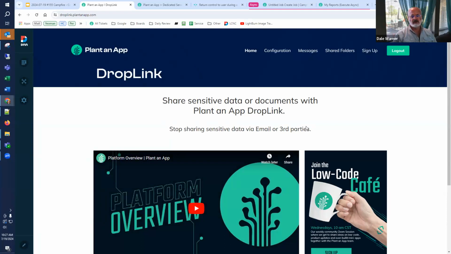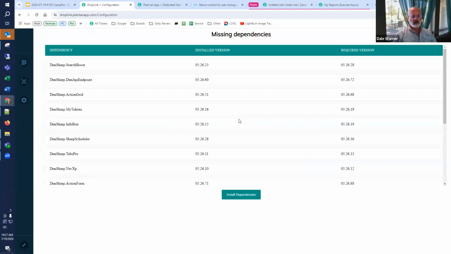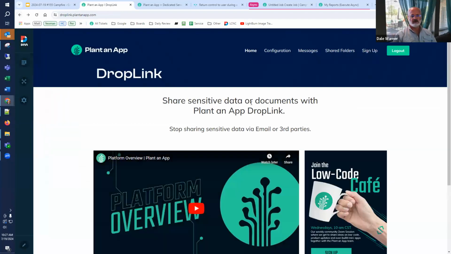So the major impact of that is that if you go to the configuration page, where you normally would expect to see your ability to edit entities and workflows and APIs, you get this captive screen that says, "Hey, you got to do this." So you still get to control when you do this, but you can't do any low-code development on the configuration page until you do it.